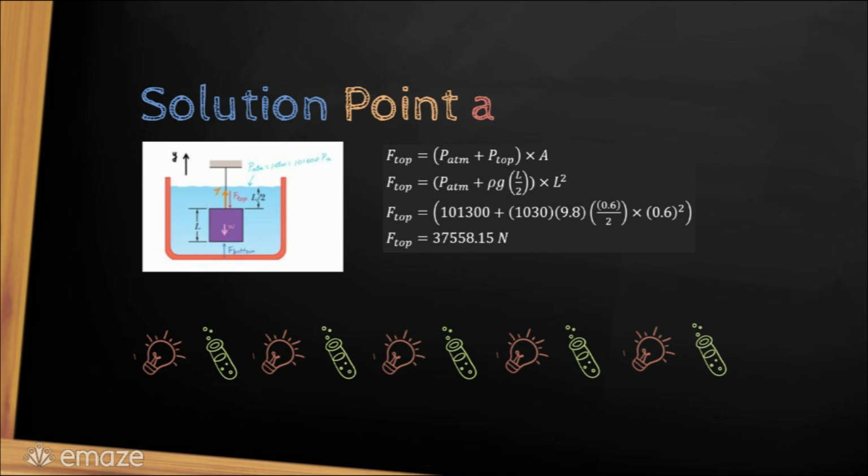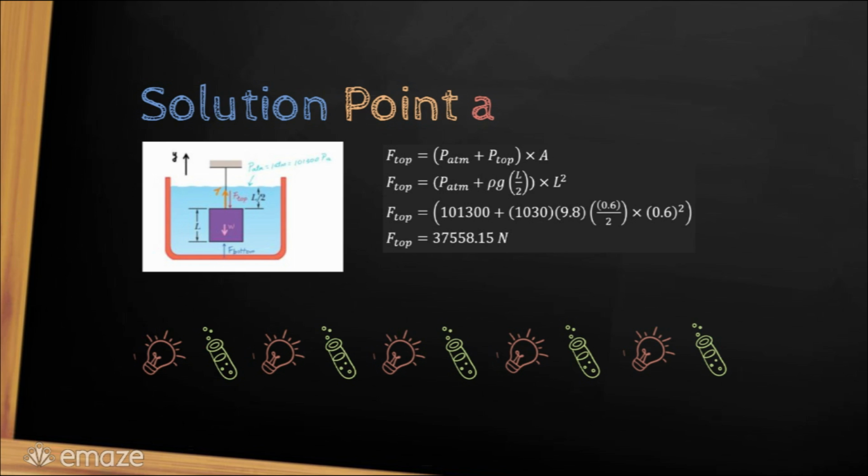As for the pressure from the top of the cube, it can be written as density times gravity times height. Afterwards, we get the equation F top equals P atmosphere plus rho times g times L over 2, times L squared. With that known, all we need to do is input the known information to form F top equals